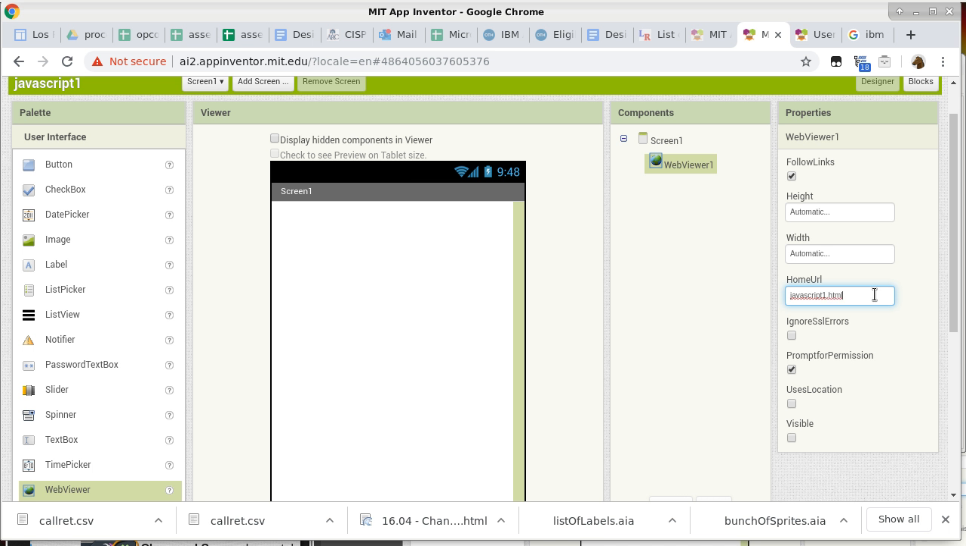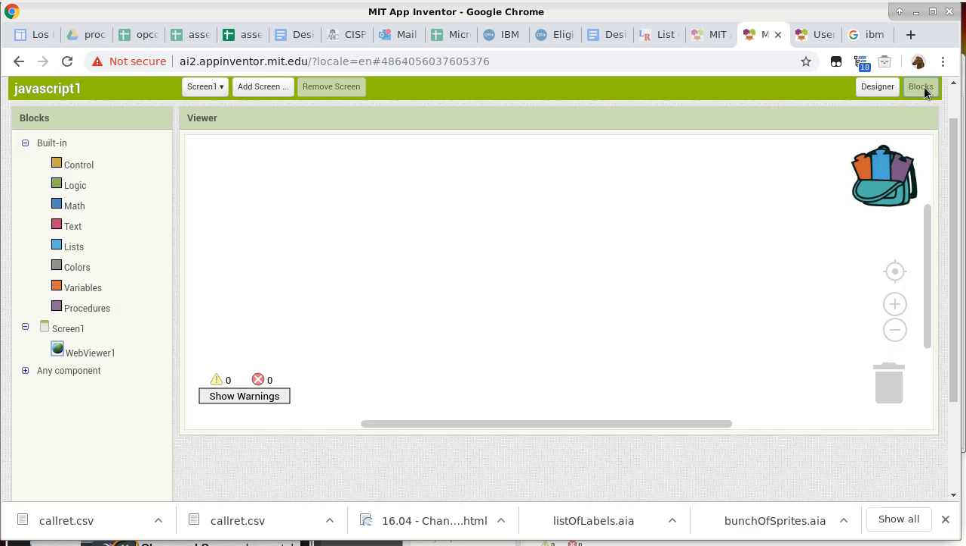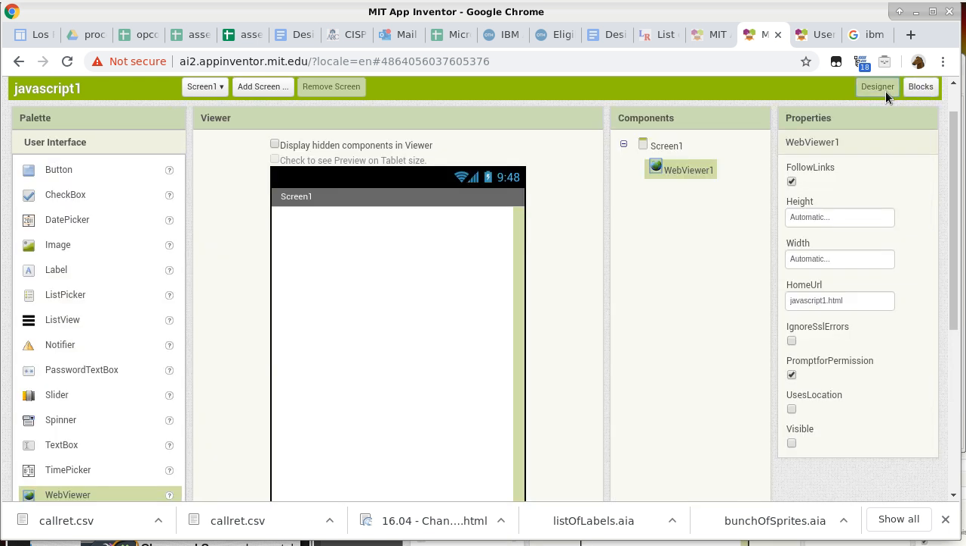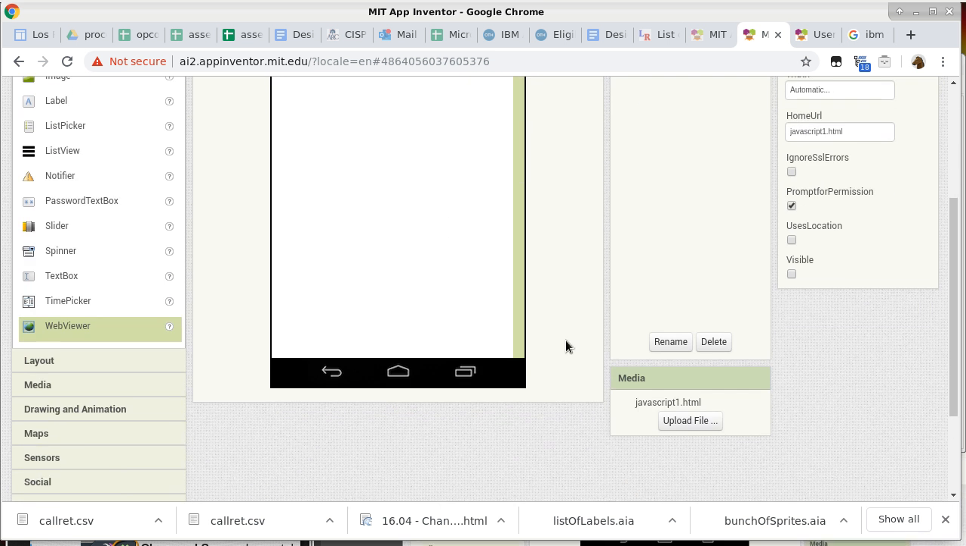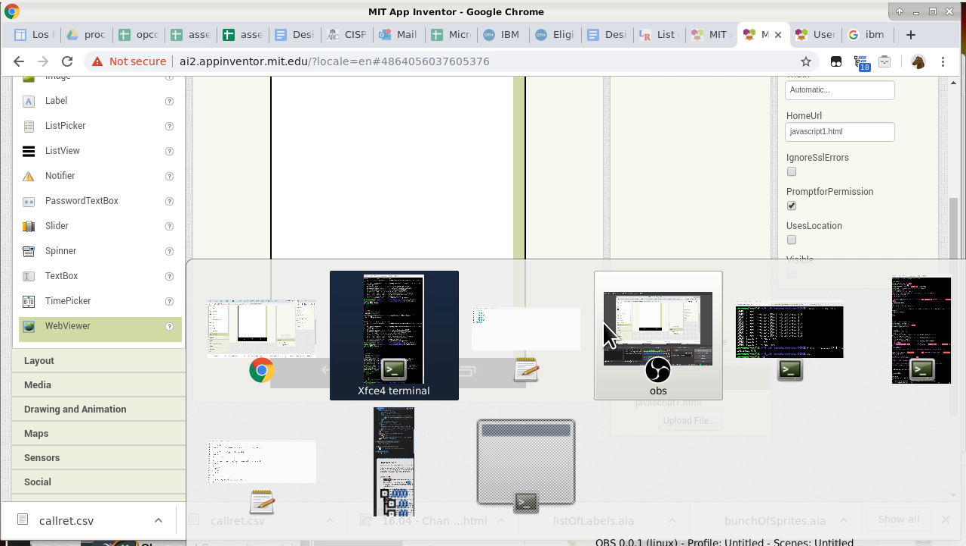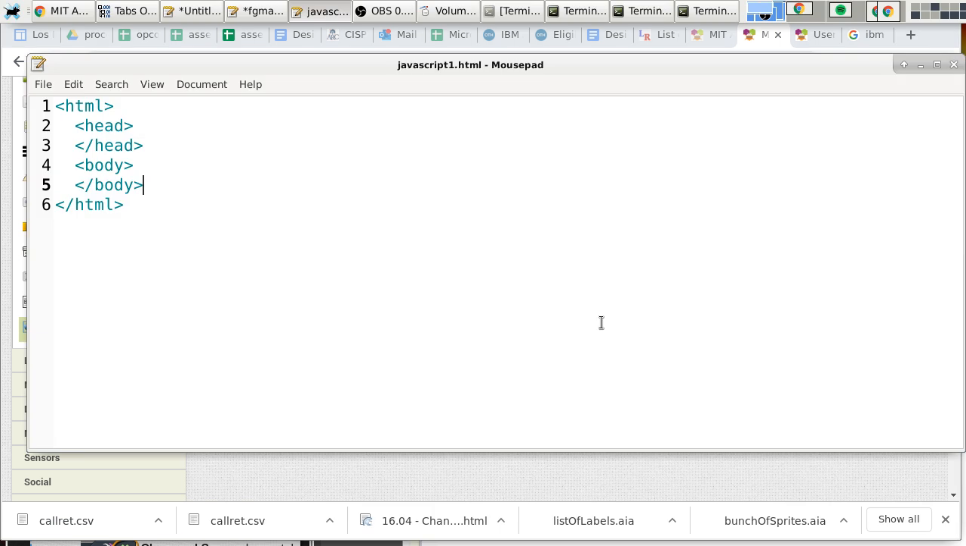All right. So in home URL, we can specify JavaScript 1.html. I think it might need a little more than that, but we'll give it a try, just to see whether it works or not. And then we go to blocks. There's nothing to specify right now, so we get back to designer. And since I specified an empty page, there's no easy way to check. So I'm going to make some modifications here. Okay, we'll say,